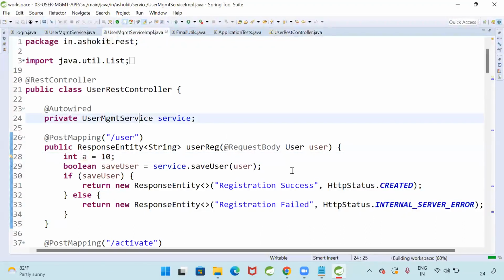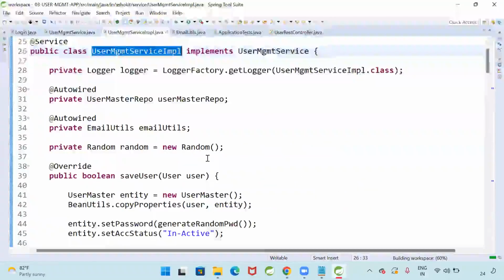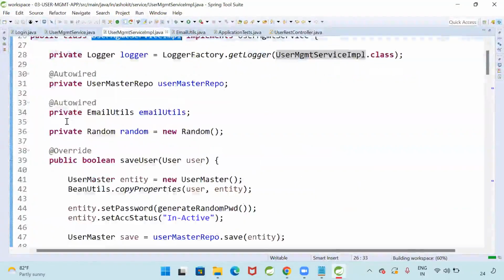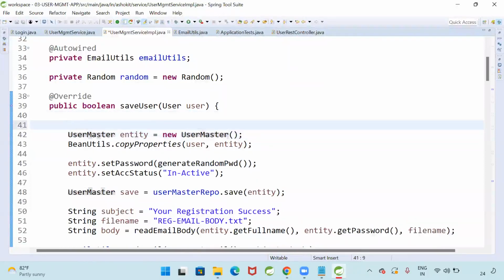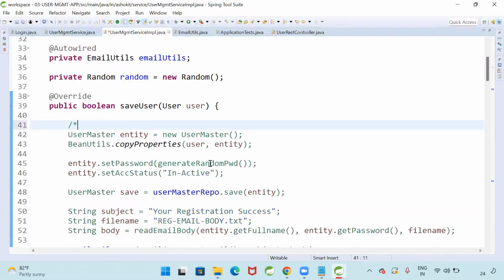For example, I don't want to execute these 4 lines of code. Is it recommended to keep a double slash for all the 4 lines? No. Then what should I do? I need to go for multi-line comments. How to write a multi-line comment? Slash star from where you don't want to execute,